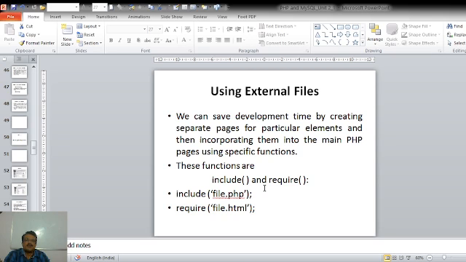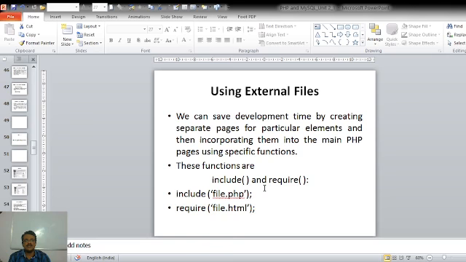So once we have created the three separate files, that is layout.html, header.html and footer.html, we can use these files by using the include and require functions. We can save development time by creating separate pages for particular elements and then incorporating them into the main PHP page using specific functions. And these specific functions are the include function and the require function.